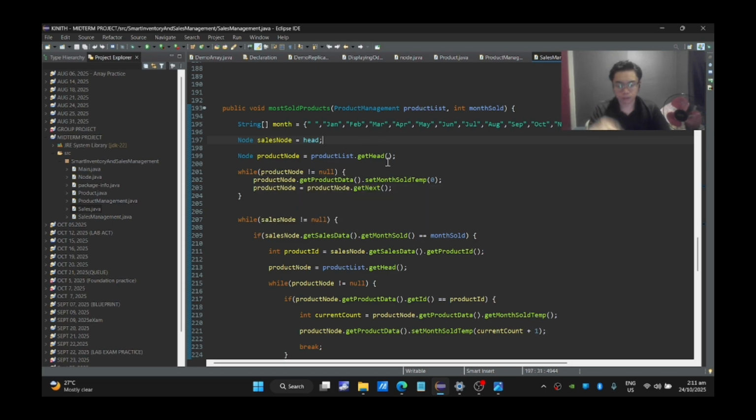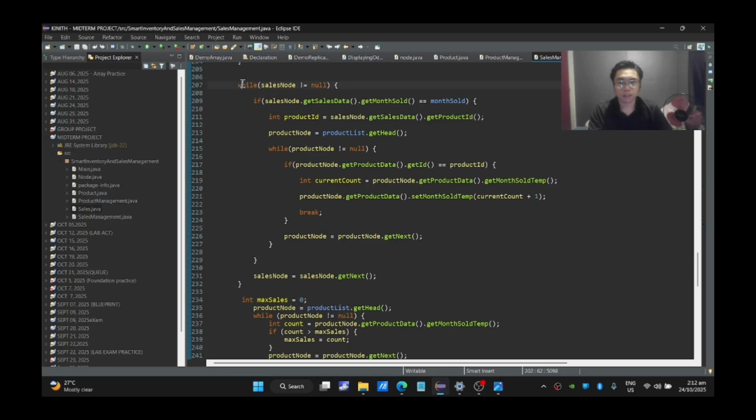Then this line of code here resets each product temporarily to the set month sold in order for the old data not to interfere with the new one.